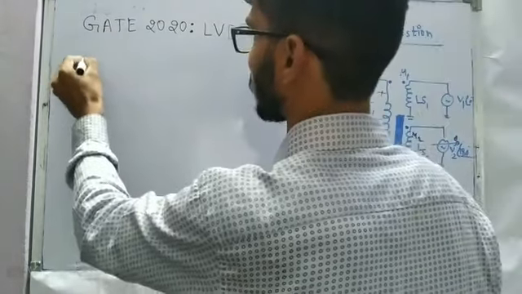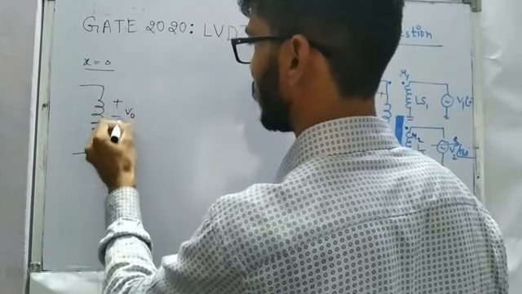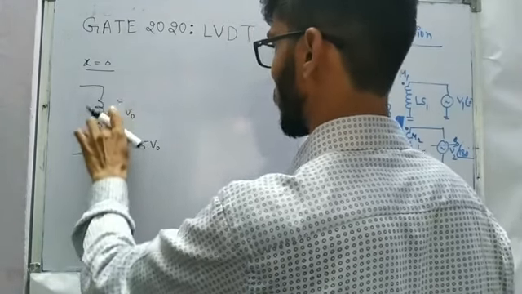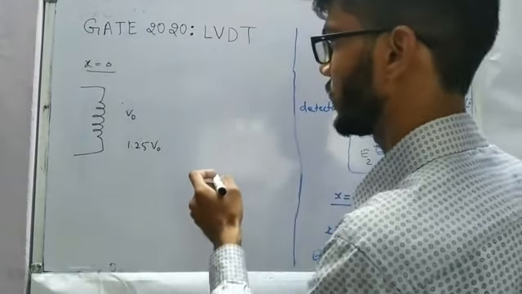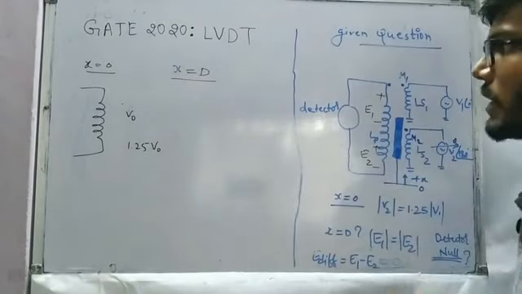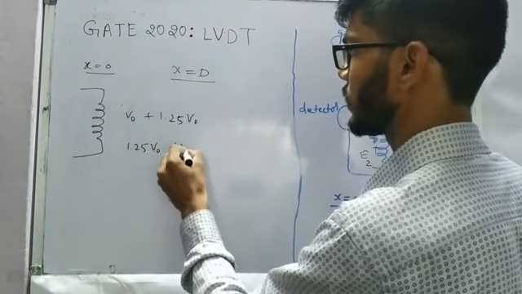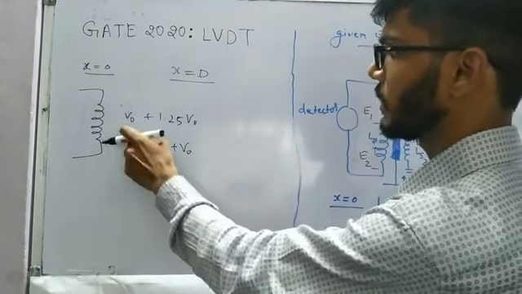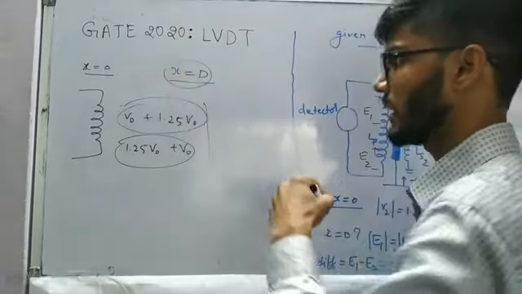So at the x equal to 0 position, the detector is going to detect here V0, and here it is going to detect 1.25 V0, and let's not worry about the sign as it is already given as 0 and 180 degrees. So 180 degrees means negative. In the case of displacement of the core, we are going to feel some add-on to the voltage. That add-on has to be 1.25 times the change in the lower one. So 1.25 plus 1 and 1 plus 1.25. They are going to become the same value at one particular displacement, x equal to d.